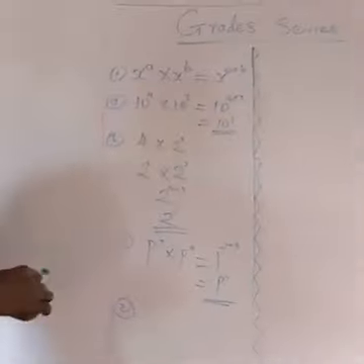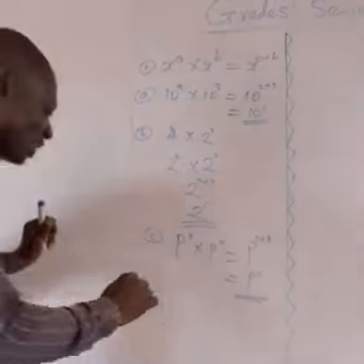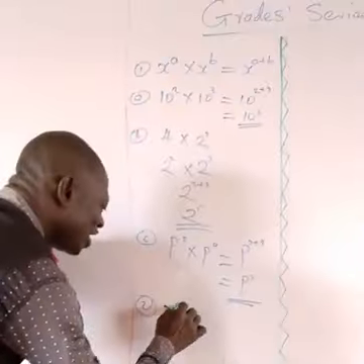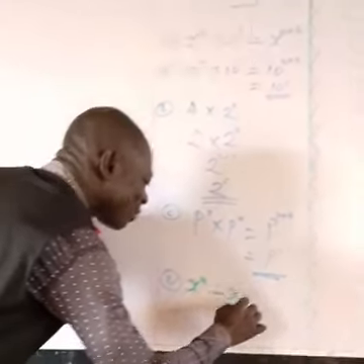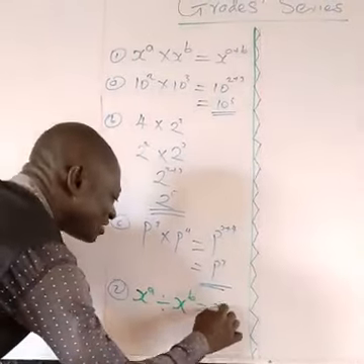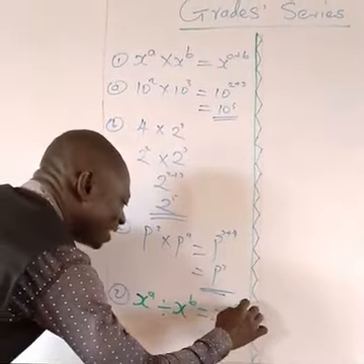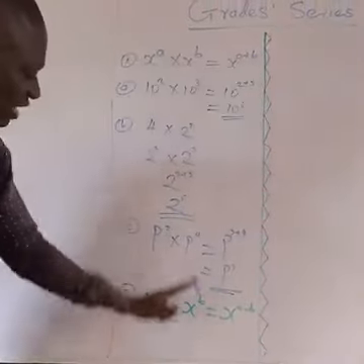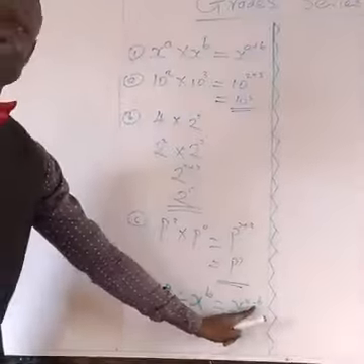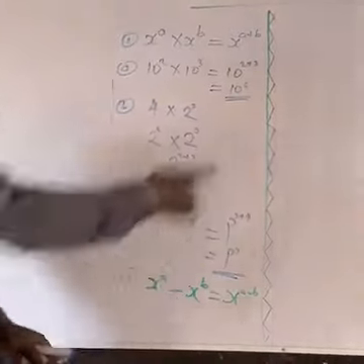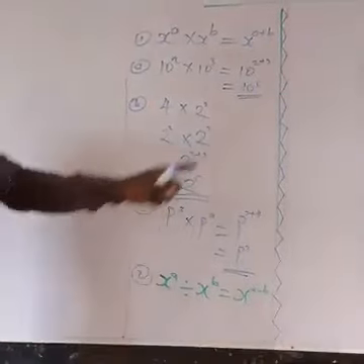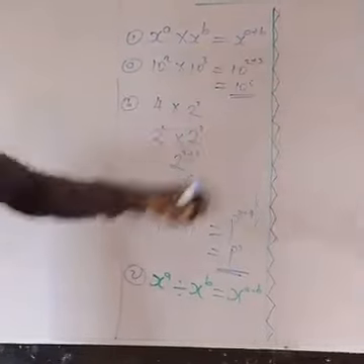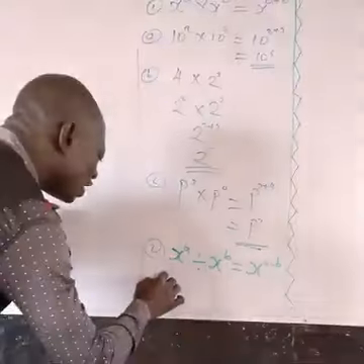The law of indices number 2. Here we have the law saying that x raised to the power a divided by x raised to the power b will give us x raised to the power a minus b. And so when the first one is plus, the second one is minus. So if we go further to use example number 4 there in the question as our question A in number 2,